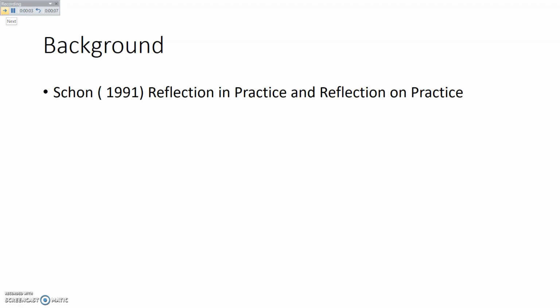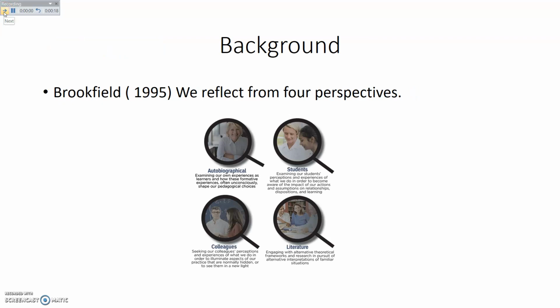I base my proposal on Schön's 1991 Reflection in Practice and Reflection on Practice model, along with Brookfield's 1995 four lenses model.